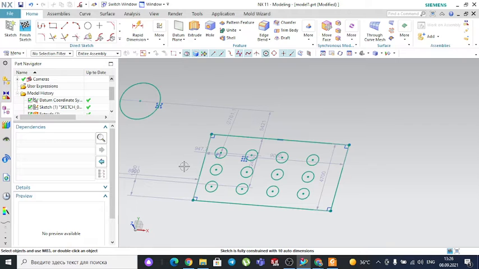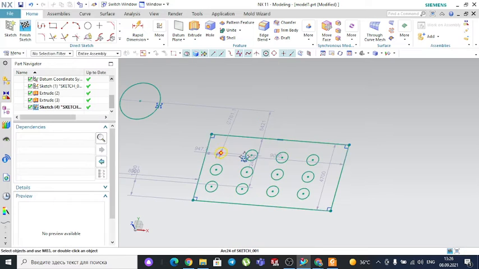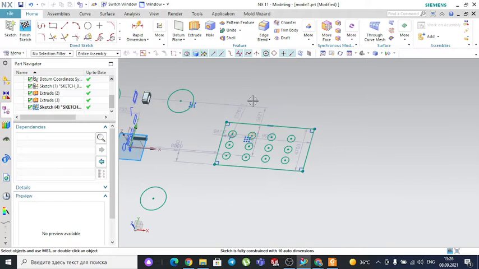You can use direction 1, direction 2 as you want, or both directions in order to increase the sketch, the part. So this is how to use it. The most important thing is to properly define the distance and the count. This is how the linear pattern is obtained. Let's see now